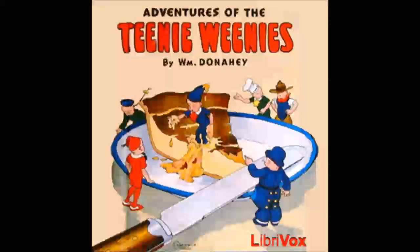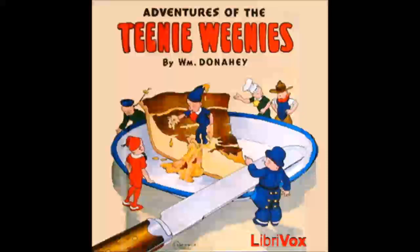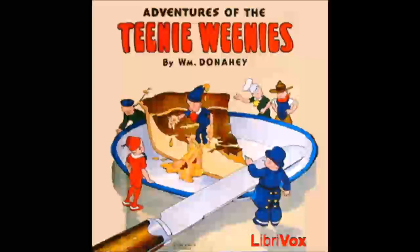One afternoon several of the little folk were taking a walk when they stopped before a big house. "Let's go in and look around," said the dunce, who had fond hopes of finding something good to eat. "Alley same house where Billy Mouse lives," cried the Chinaman. "That's so," said the general. "Let's go in and make a call on Billy." "Yes, let's do it," cried the rest of the Teenie Weenies, and they quickly made their way into the cellar